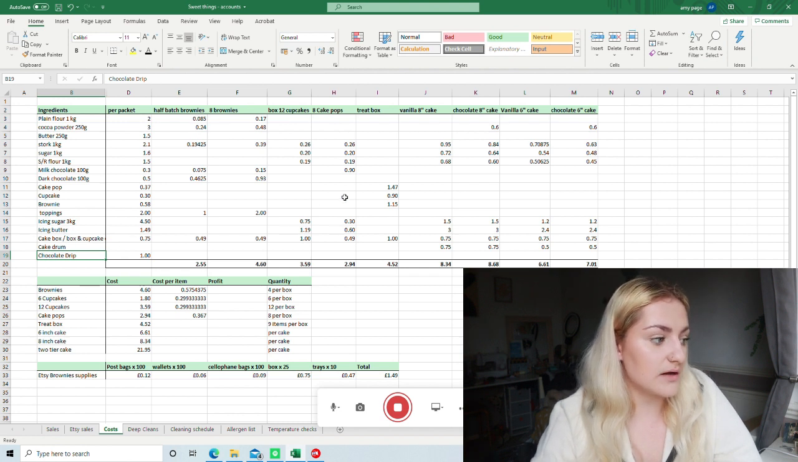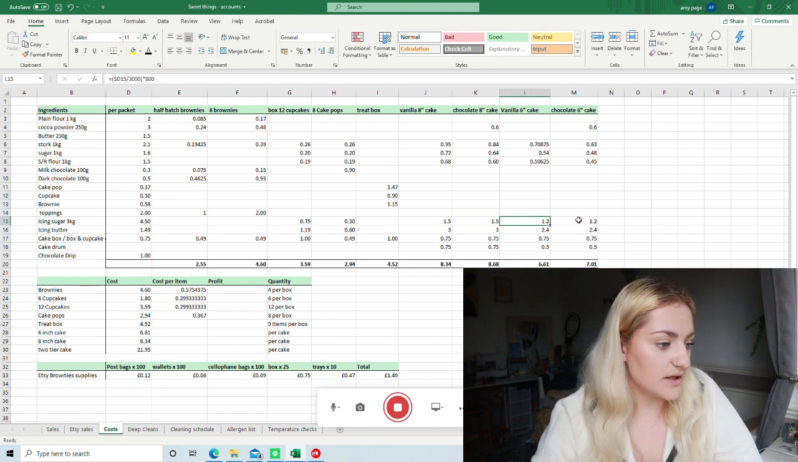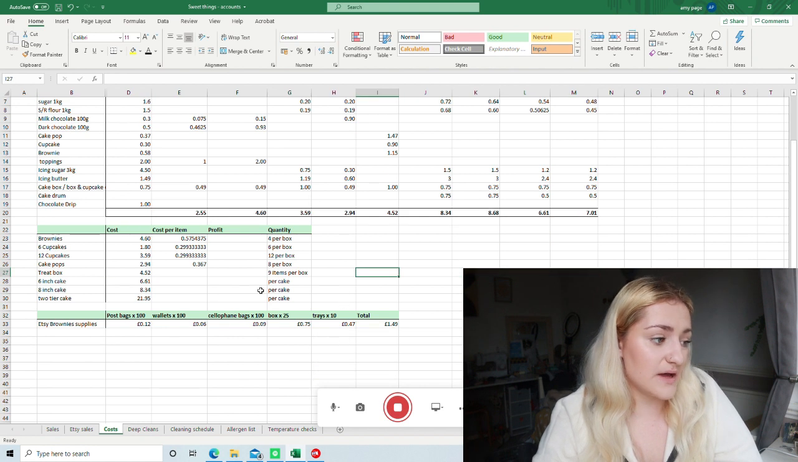So for example, down here for icing sugar, divide it by 3, which is 1 kg, because that's how much I use for bigger cakes. Then down here we've got cost per item. I have only started working this out